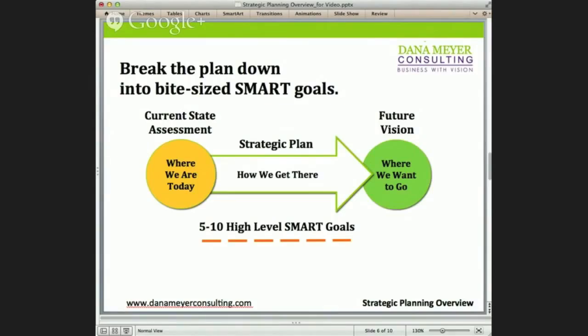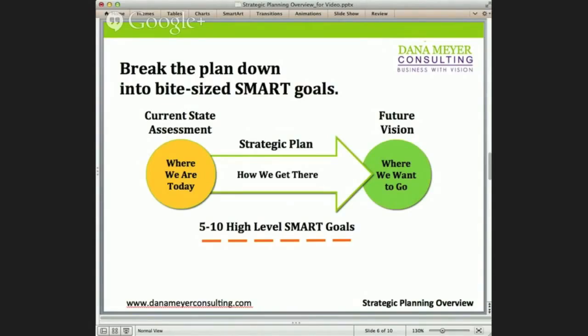I think 5 to 10 high level goals is ideal. The reason being is that it makes it much easier for employees to understand how those high level goals tie to your bigger strategic objectives and ultimately how that's moving the organization towards this future vision. And I think it's also important when you're looking at these goals to make sure that they are easy and clear to understand. And one of the ways in which you can do that is to use a process called